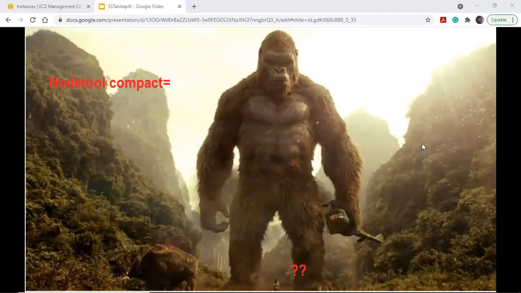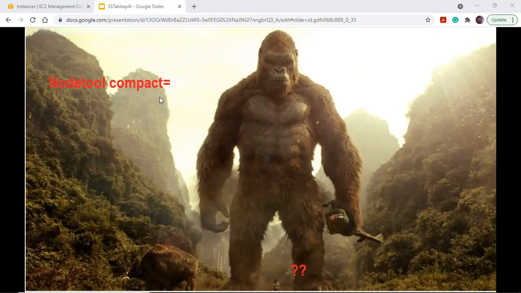Okay, let's talk about the command sstable split. So you are this DBA. Out of all the recommendations to not run nodetool compact on a production cluster, you still ran that nodetool compact command. So what happens is all your SSTables get compacted together as one large single SSTable. Now, if you are in that situation where you ended up with this large SSTable, sstable split is the command which can save your day.